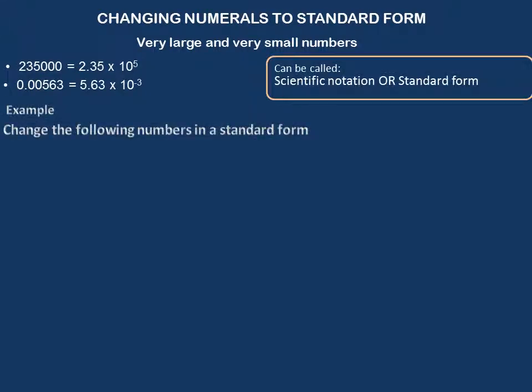Now we're going to look into the example. We've got a large number, 235,000. We need to change it into our standard form. The standard form normally looks, as we know from our above examples, like 10 to the power of any number, and we're going to decide what it's going to be. Therefore we're going to multiply that by 10. At the moment we're going to write down 10 to the power 0, and the power changes as we move